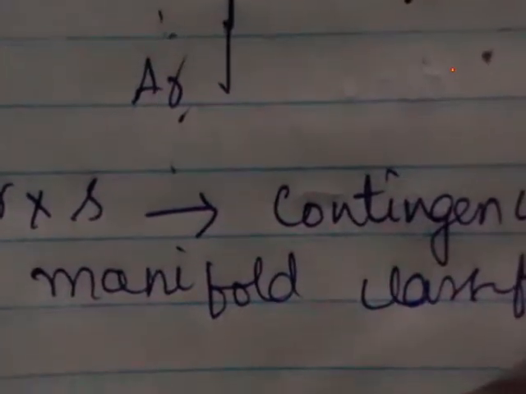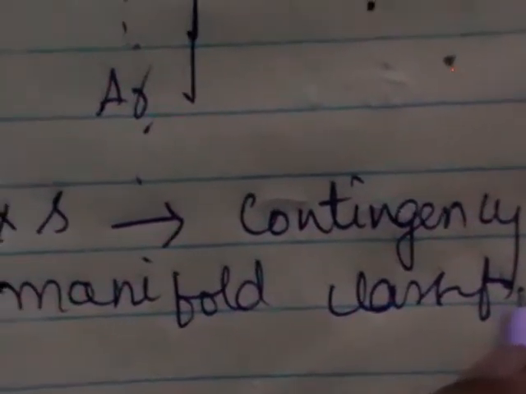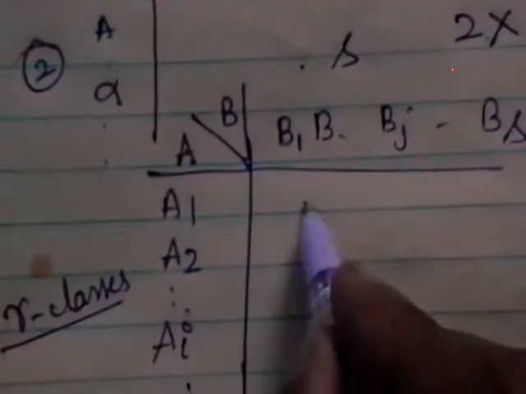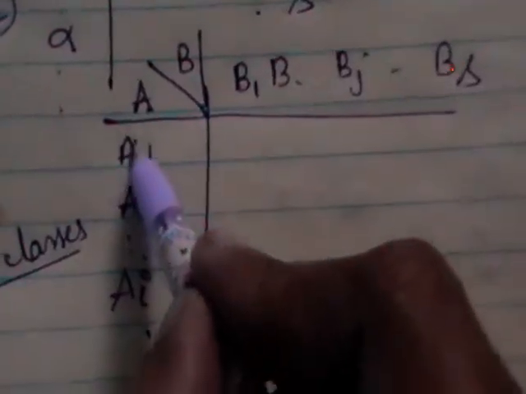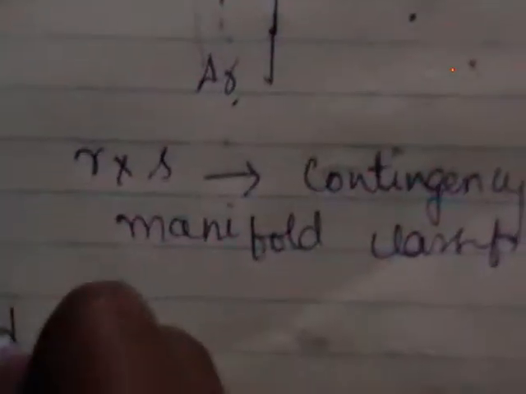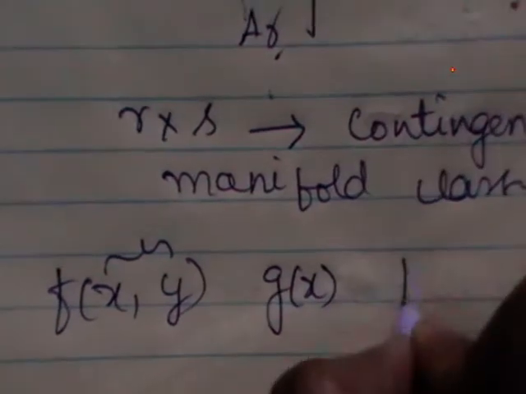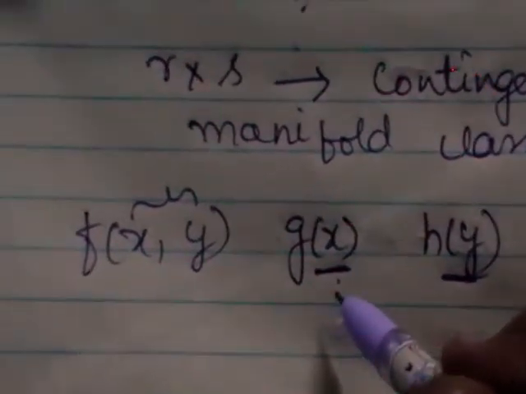Under dichotomous, two attributes with two classes each. Under manifold classification, two attributes with more than two classes each. Here also we call these joint frequencies. These are called marginal frequencies, as you have marginal PDF and joint PDFs. We write joint PDF with f of xy, where joint means we have two variables here. Marginal means g of x or h of y, where we have only one variable. Similarly, here instead of density functions, we are calling these frequencies.